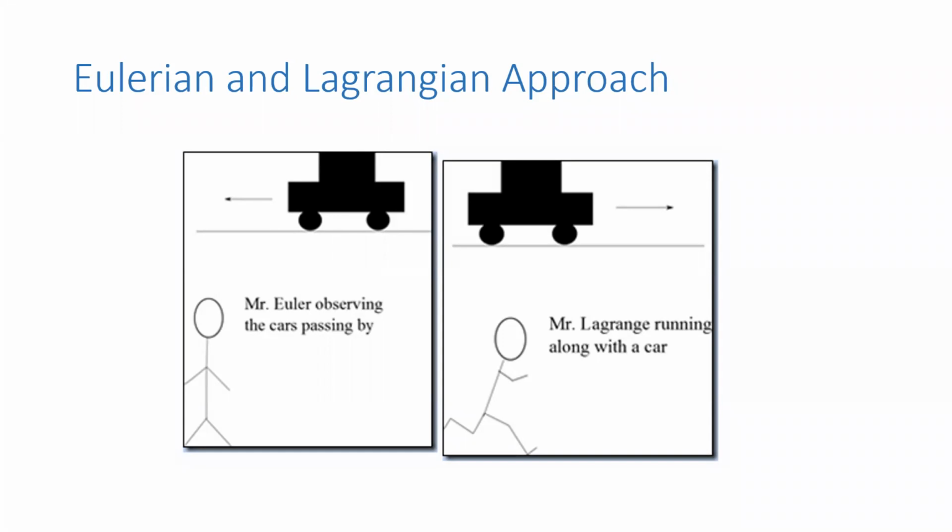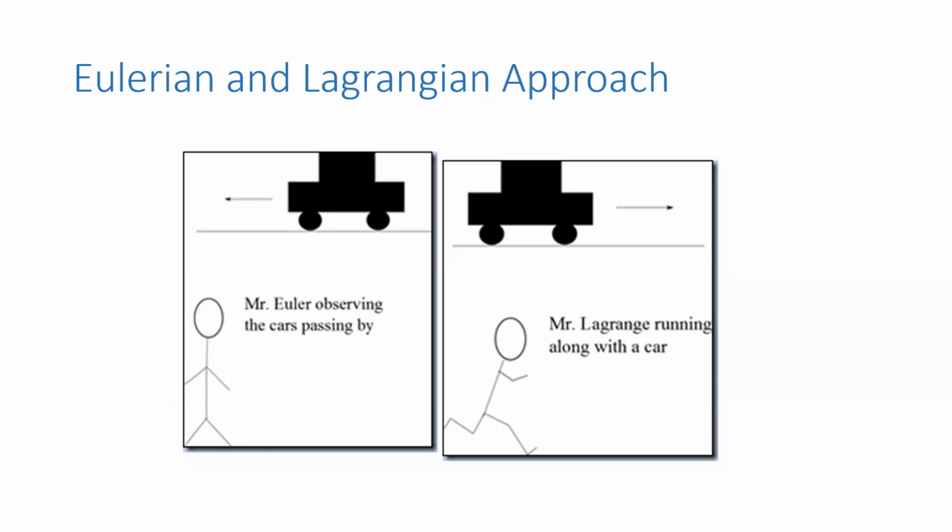Now time is just one of the several properties that you can log. So you can observe any property you like, such as the color of the car, the person driving the car, the noise generated by the car, etc. As long as you observe them while you are standing at a fixed location. In our case, it is a street corner. Okay, you are standing at a street corner. You are following the Eulerian approach to observe the motion of a body.